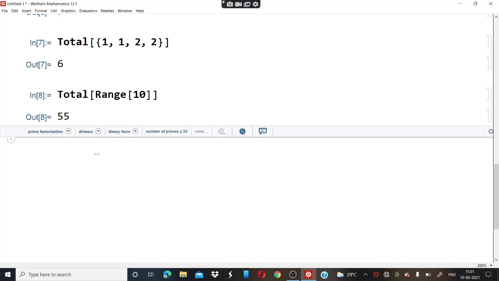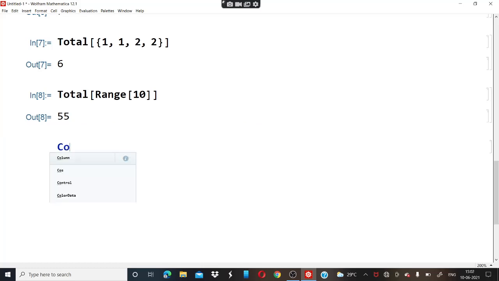So if we want to count such things, for example, we have alphabets. What we are going to do is we will just write count, and after that whatever elements are present here we will write. So here we have a very small number of objects, that is A, B, A, C, B, A, and close this bracket, and we have another element A. Why are we writing A here?